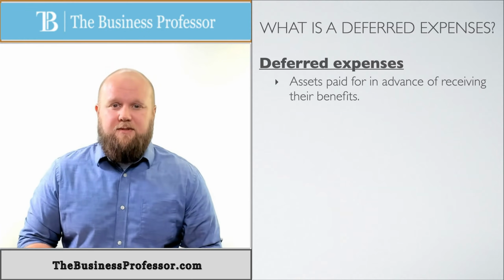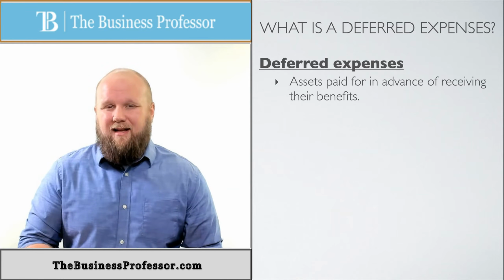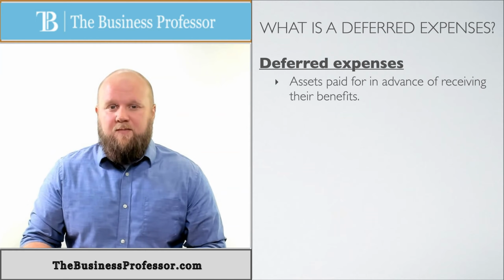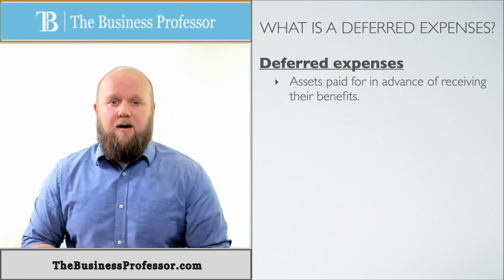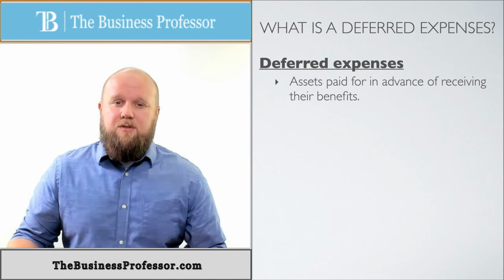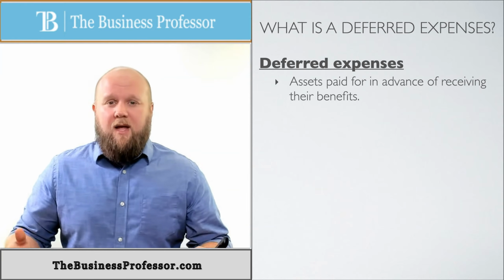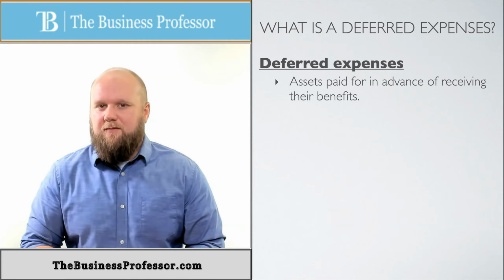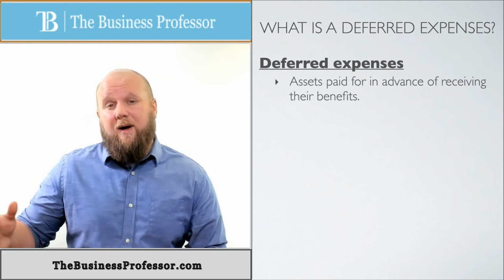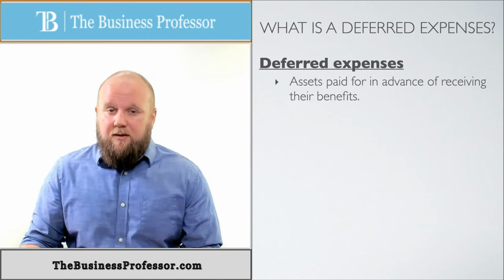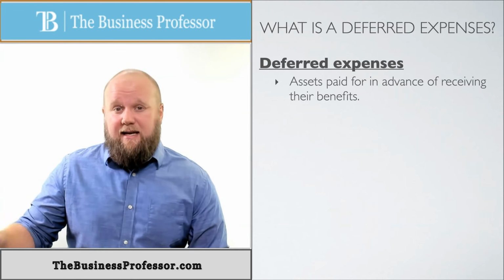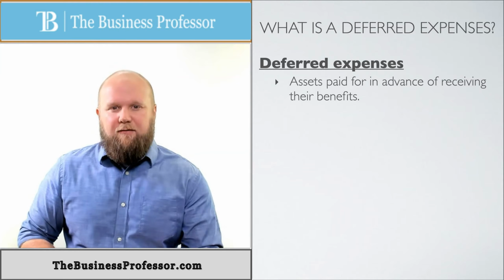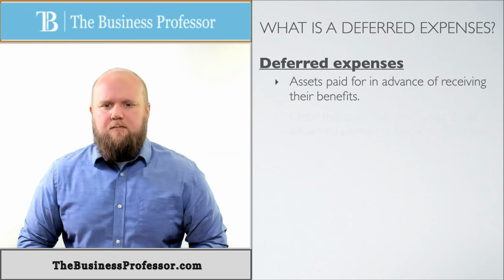I purchased those stamps up front, and then as I use them, and again, exaggerated example, if I buy a book of stamps and I use one stamp and put it on an envelope and send it off, I've used that one stamp, and theoretically, I could expense that one stamp. But why would I expense that one stamp when I'm going to use them for the rest of the year? So what I'll do is wait till the very end of the year, add up all the stamps that I used, and just do one big entry at the very end. It makes things a little bit easier. I don't have to keep up with every individual time I use them.